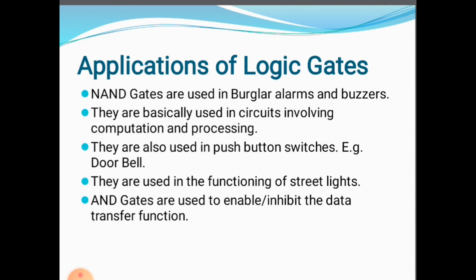An inhibit gate is the opposite of the process, which means rejection of data through a pathway. XOR and XNOR gates are used in identity generation and identity check operations. NOT gates are also called inverters because they switch the input given to them and show the reverse outcome. These are the applications of logic gates.